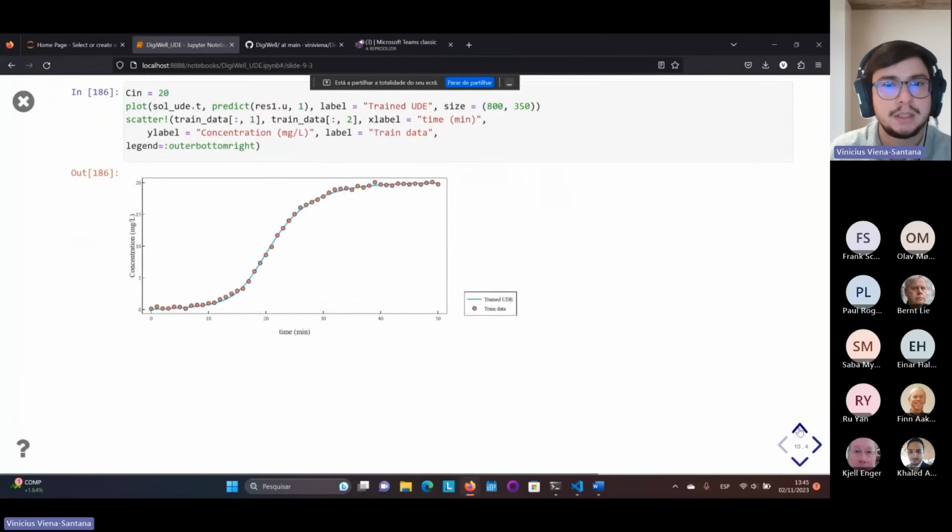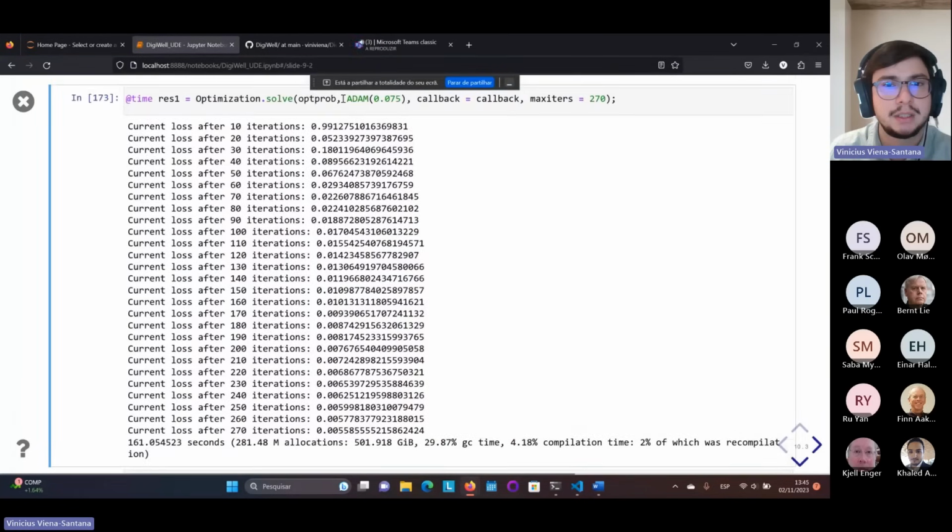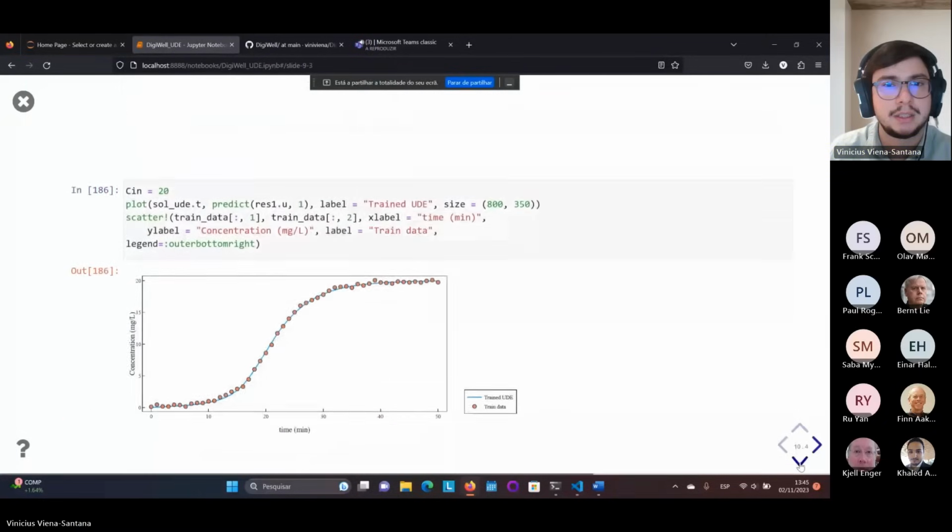I should mention as well that I used a gradient descent based method, but I could start from here as well using what we call a quasi-Newton method to improve my training loss. The gains would be much smaller than the ones I had with this initial training, but it would still give me better residuals.